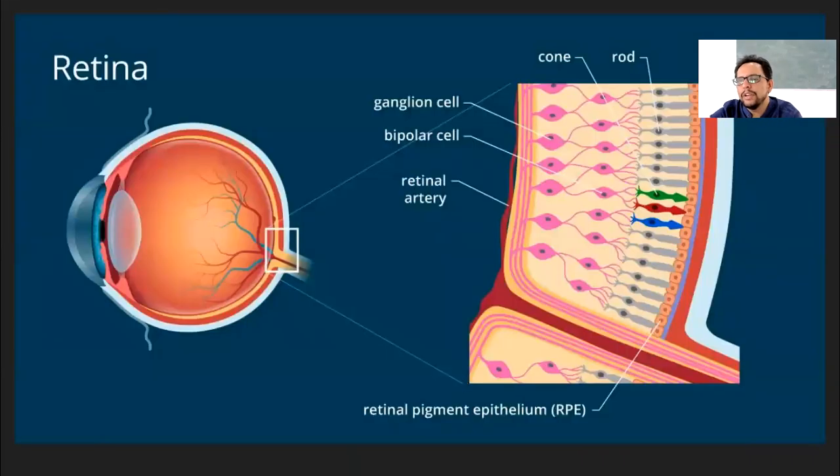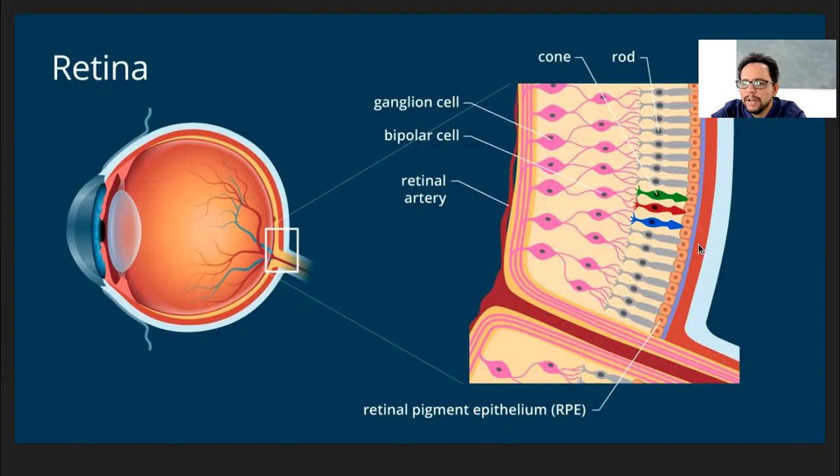Now, just to show you a little bit enlarged view of the retina. You can see this is the eye structure, and a small portion of this is enlarged into the different layers. So what you see is this outermost layer, this sky blue color, that is the sclera.